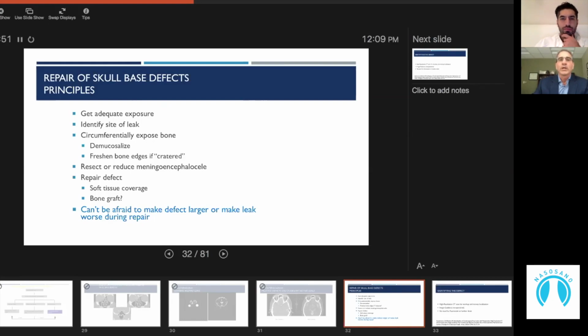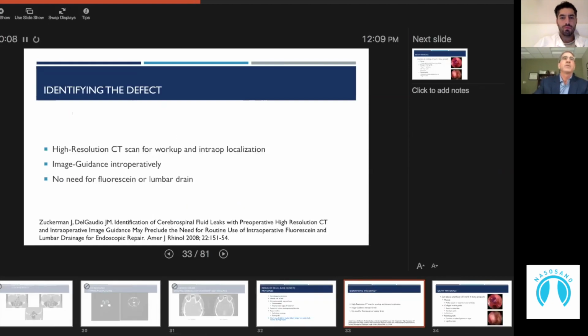When we repair these defects, we cannot be afraid to make the defects larger because we need to have the ideal situation for repair. Sometimes taking off part of the bone, removing excess mucosa is important in order to get a good repair. When we identify the defect,